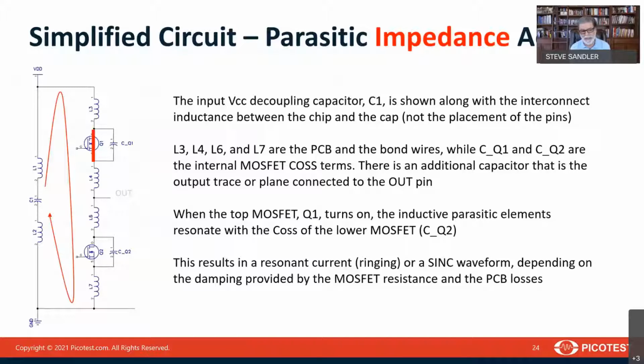And so you can see if we look at this loop through the switches, when we turn on an upper switch, we end up with this loop that connects through the capacitance of the lower MOSFET. And so in this case, what that noise is being generated by is the CdVdt of the capacitance of the logic gate's lower MOSFET. And so just the devices themselves are capable of creating relatively large amounts of noise. And it's also resonant because there are all of these little resonant parasitics in bond wires and pins and capacitor